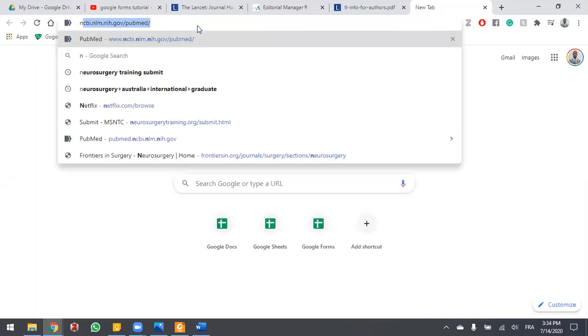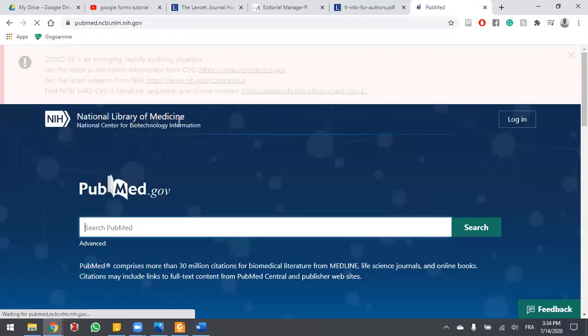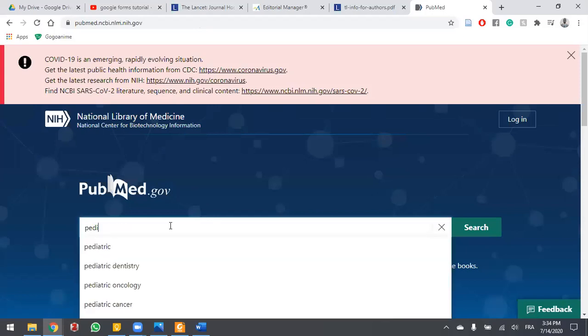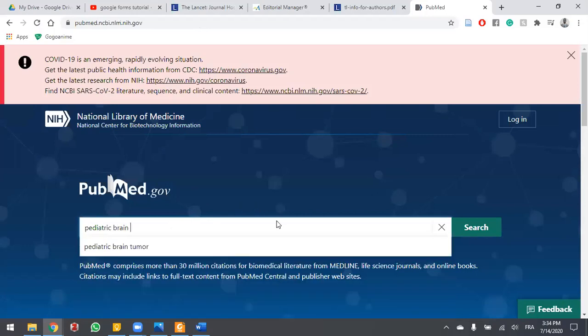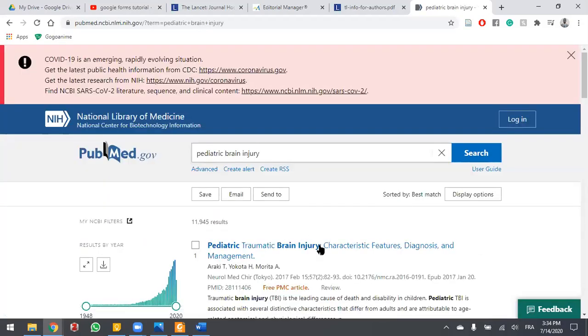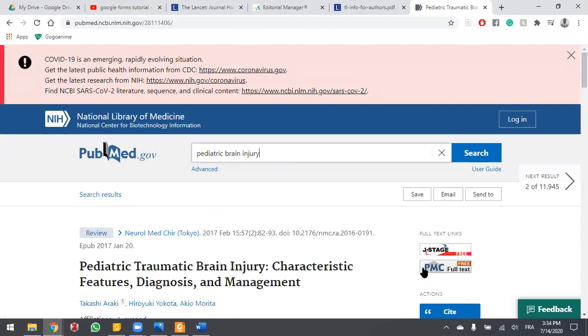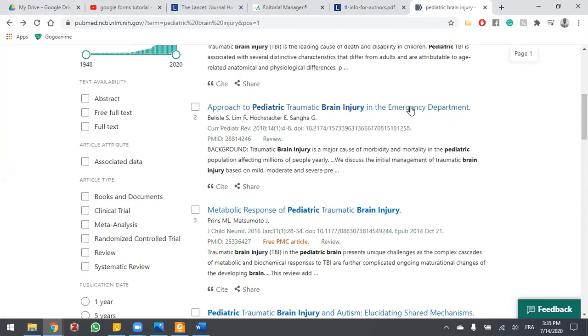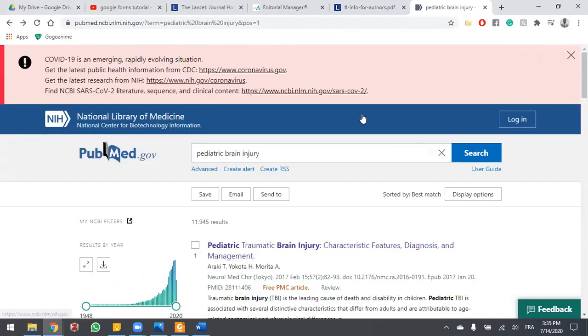I know all of you have come across this kind of problem where we look for our subject matter. So here we're searching for pediatric brain injury, right? Let's just take one of them and see what happens. Well, this is a free full text, so it won't work. Let's look for one that will be subscription based.